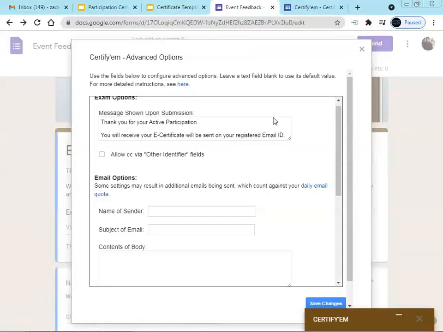For this we have to give the name of the sender from whom the certificate is going to be shared. That is the name of the organizing team, that is nothing but the name of the convener. Suppose I am giving you the name, that I am going to distribute the certificate from the owner, that is Sachin Avnish Zade. What is the subject of the email? That is nothing but the participation certificate.